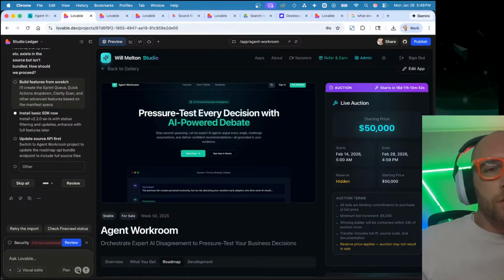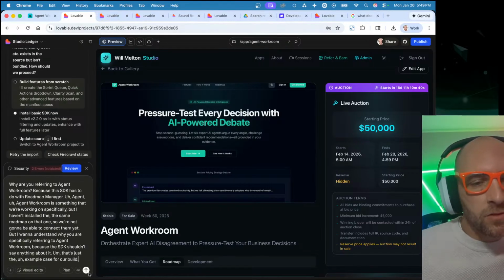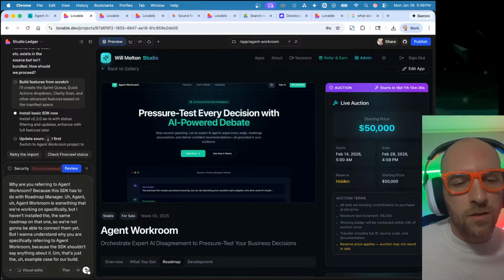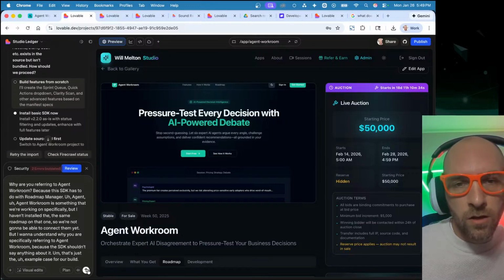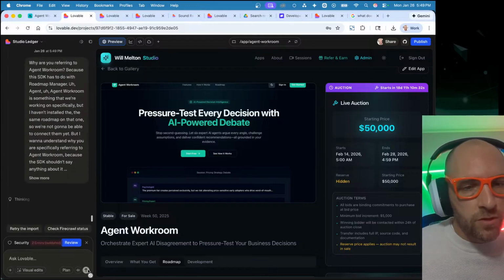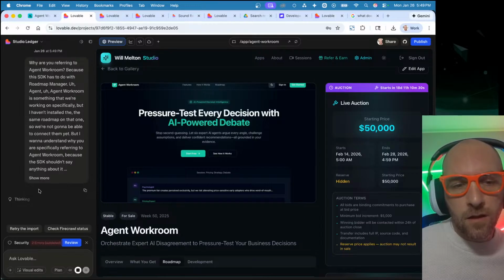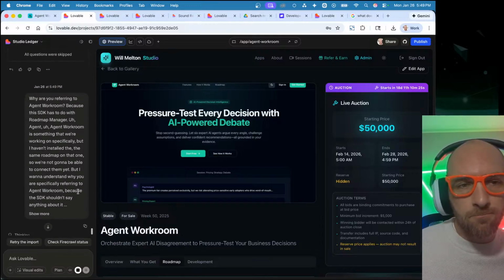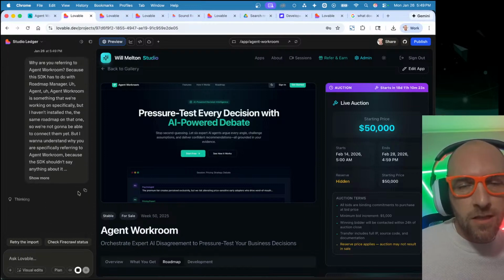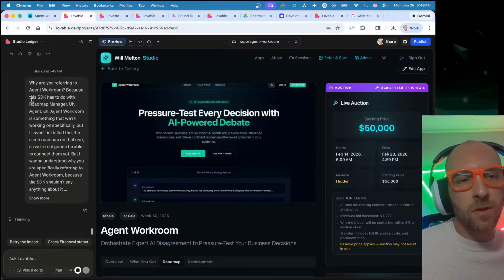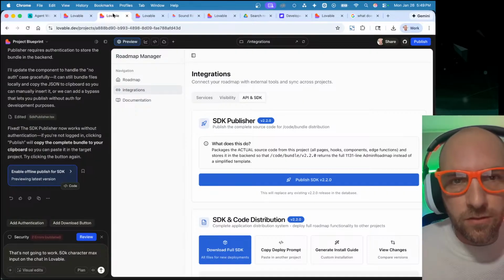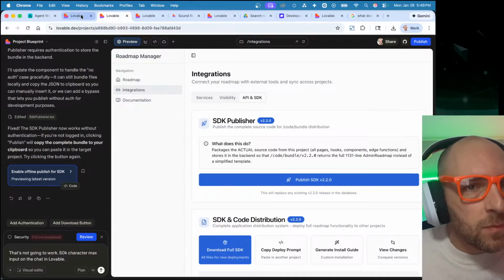So I told the roadmap manager that I gave it the scenario of Agent Workroom being our case for sharing data from one build to the other. And that is the reason why I think it might have some reference in the SDK about it, because it's now talked to me about Agent Workroom twice. Maybe that's a lot to follow, but my brain somehow is able to follow the threads. But that's what I've been working on.